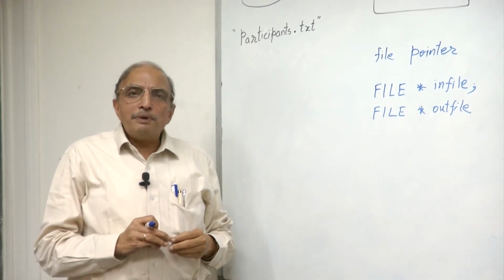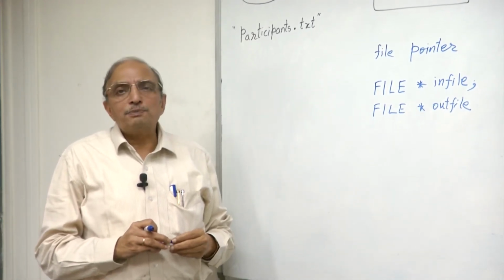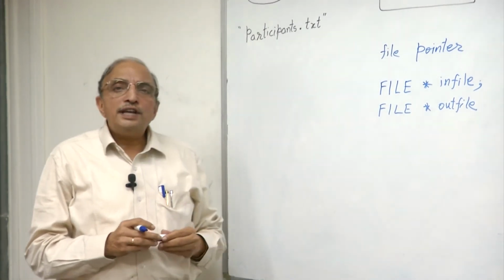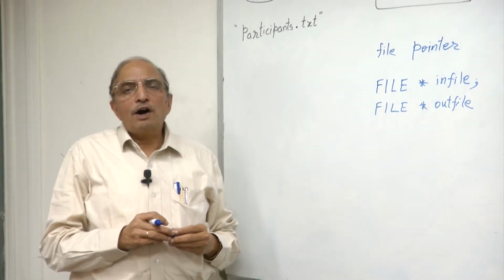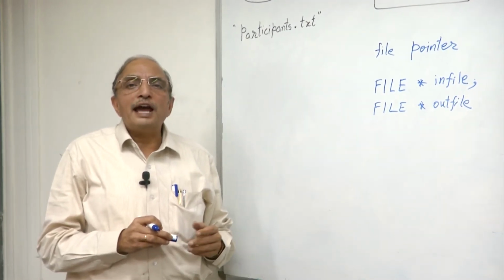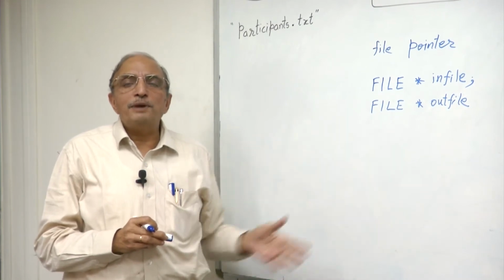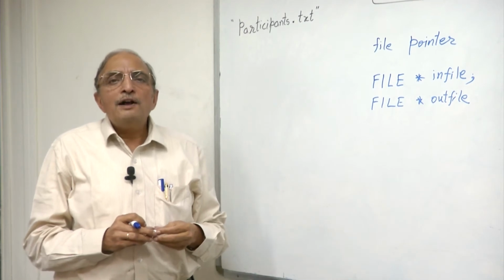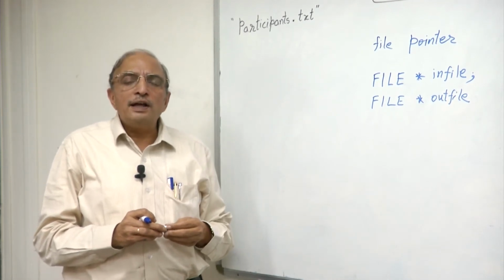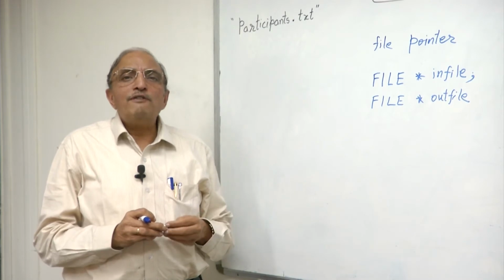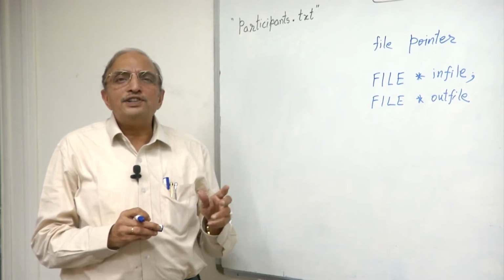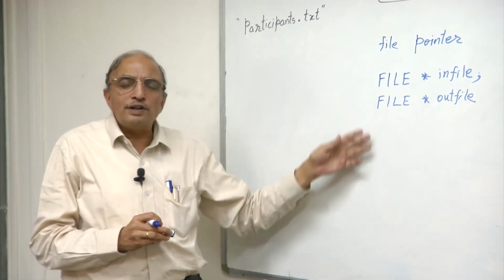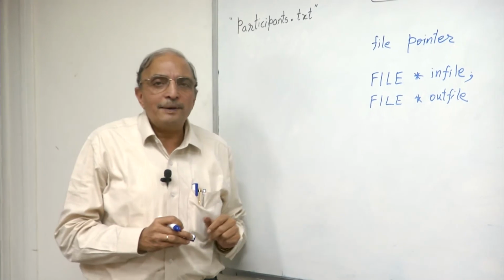There are a whole lot of library functions provided in C++. These actually come from a library called CSTDIO, or the standard IO library of the type C. That is where the basic file operations were first defined. They are all available in C++ as well. Of course, when we study the object oriented approach of programming, we will see minor deviations in the way in which such functions are to be used. But basically, whatever we are going to discuss applies to all of file handling.